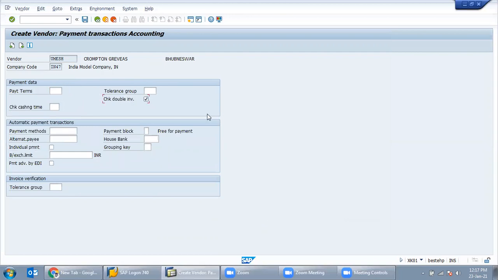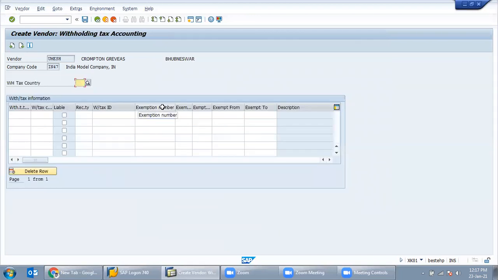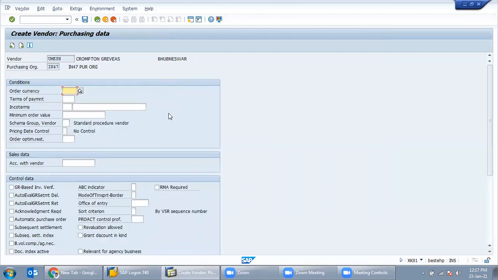And this double check. Double check is mandatory because while doing a transaction with that particular vendor, suppose goods receipt is done, and then after that the invoice is received. So while matching the goods receipt and invoice receipt, we must click on this check button. Okay, for cross-check purposes, nothing else. So this is withholding tax. Suppose that vendor is liable for withholding tax, we can enter the tax code here.